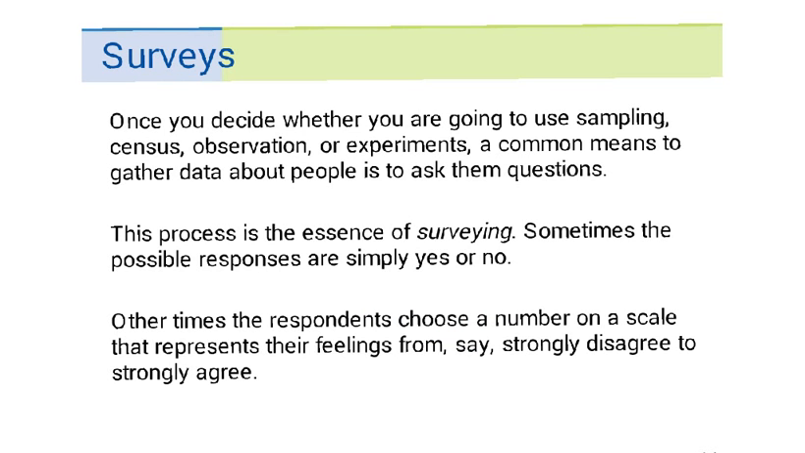Okay, the last topic for this video has to do with surveying. So once we know whether or not we're using sampling or census, observation or experiments, then we need to figure out how we're gathering data. And a common way to do that would be by surveying people, right? Asking them questions. So here, there are a couple ways we can do this, right? We might ask them simple questions,